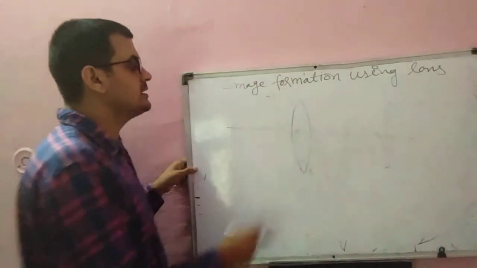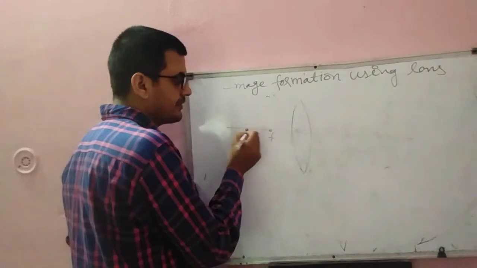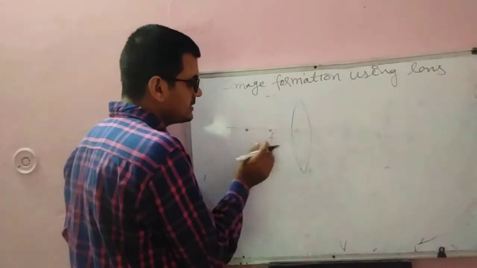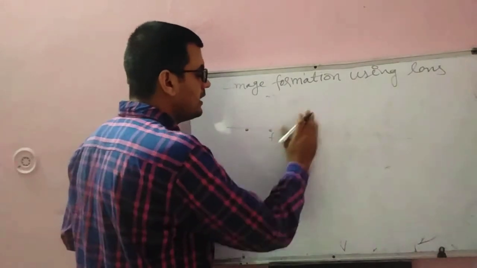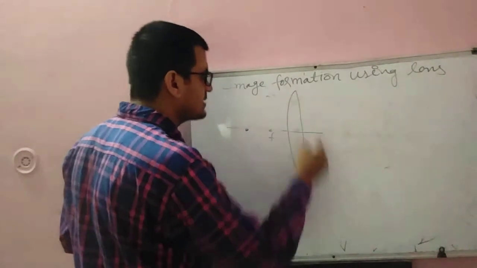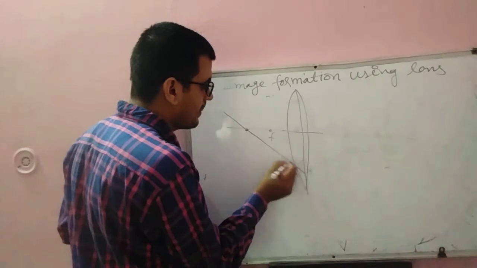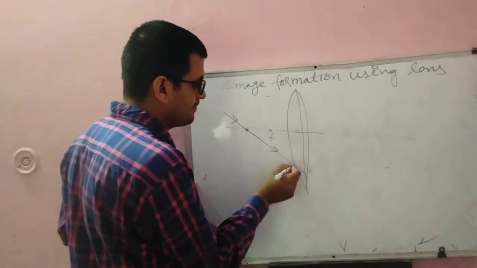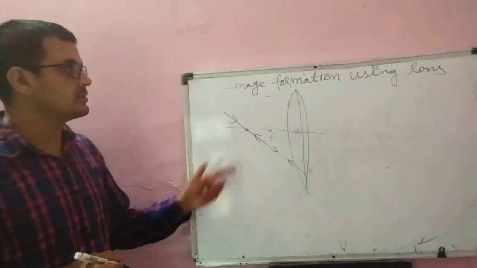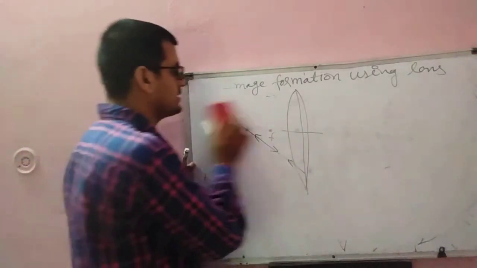So the case is when ray of light passes through center of curvature. Okay, so what will happen? The ray in this case will retrace its path after the refraction. How? Like this. Like this. Okay, so this case is not much use, so you can leave. So these are the 4 cases.